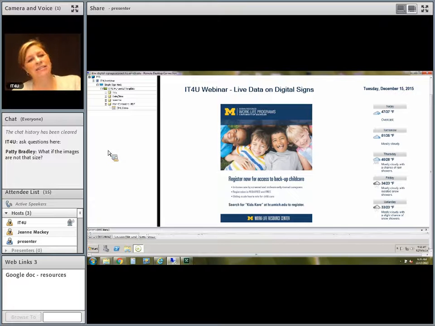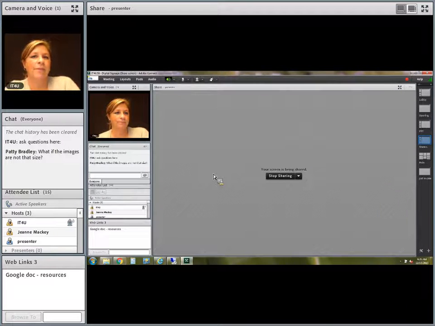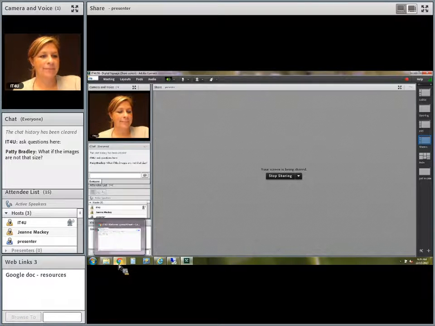And so with the Google presentation that's going to be shared out, everything is detailed out with screenshots. I've highlighted things in red. I've put explanations. So it's a little more involved than just a job aid. But I think it'll help if you just follow along with that and you can add it to your sign. And there's information about the Google Plus community that we use for digital signage as well. That's on our website, and that link is on the Google Doc that's down in the web links.